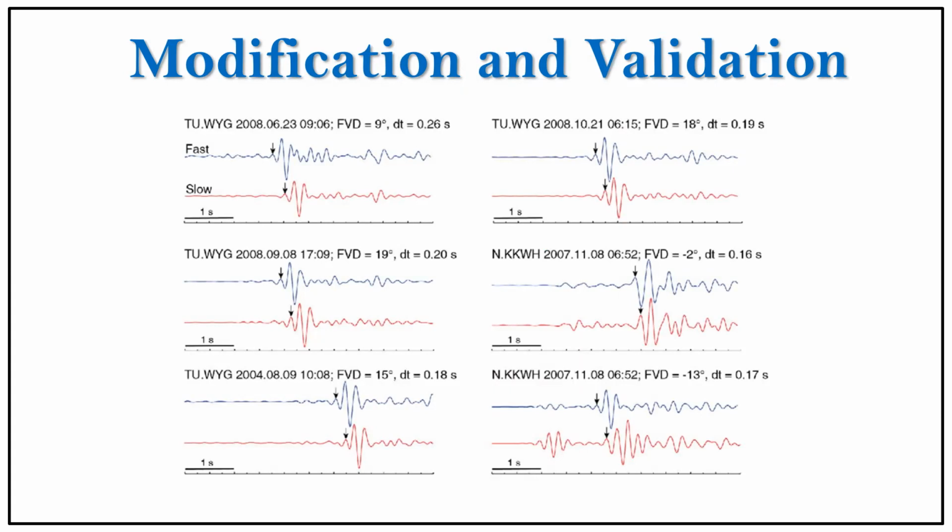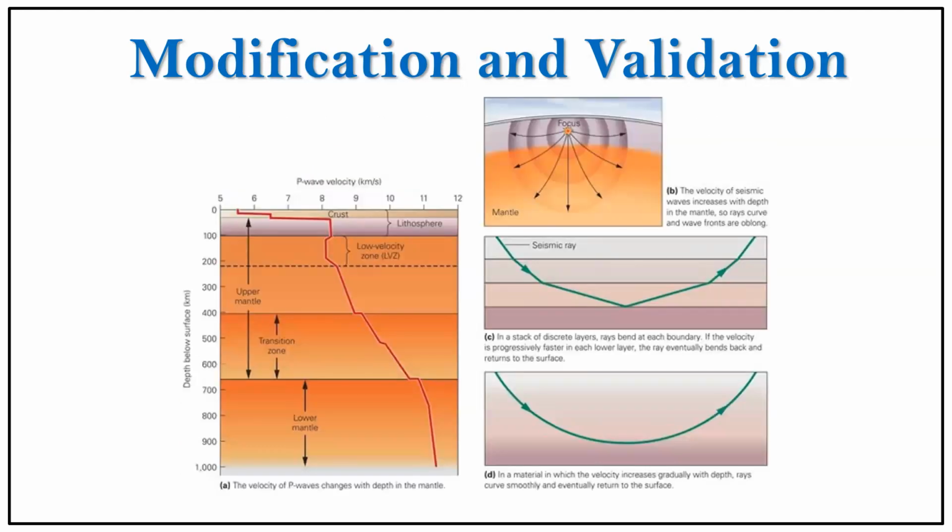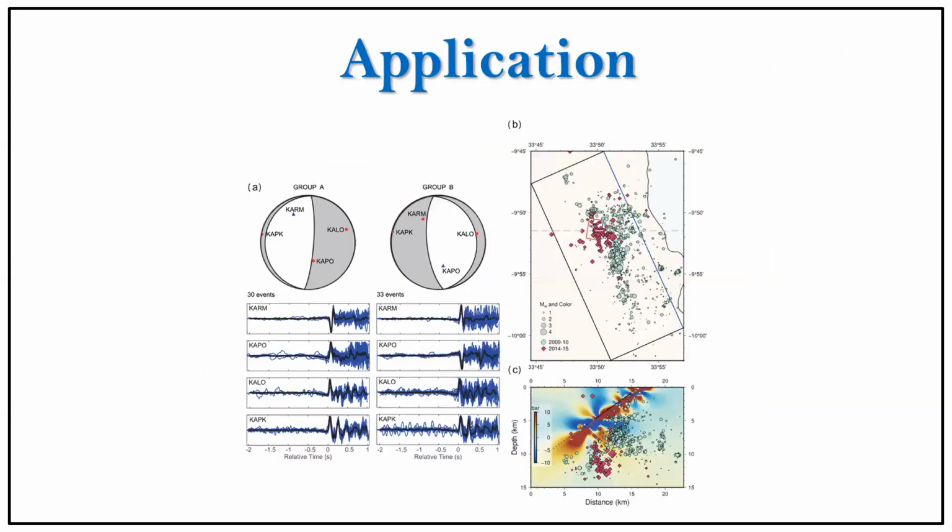Modification and validation. Validate the travel time curve by comparing it with data from multiple seismic stations and refining it as needed. Consider factors such as seismic wave velocity variations due to the Earth's structure and the accuracy of arrival time measurements. Application. Use the travel time curve and seismic data for further seismic analysis, including earthquake monitoring, hazard assessment,